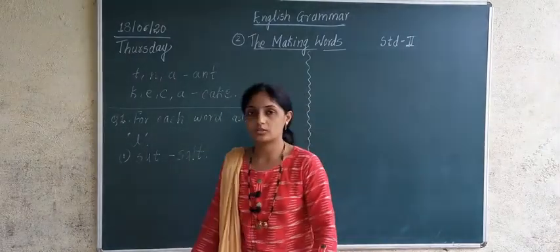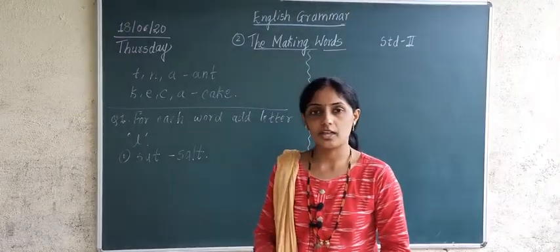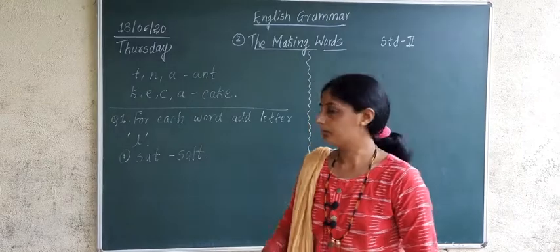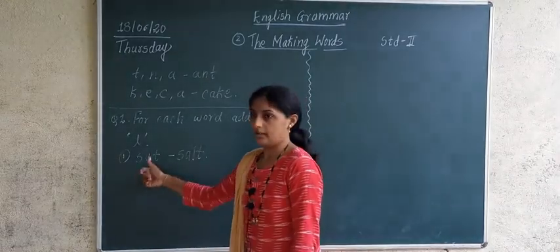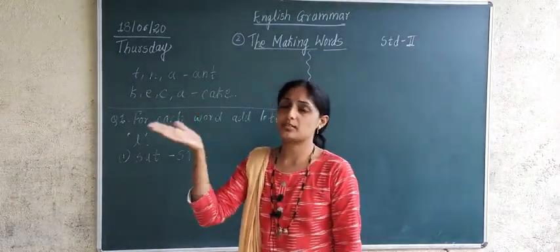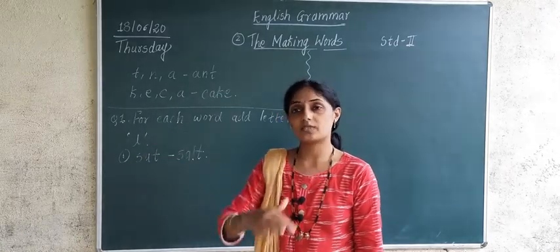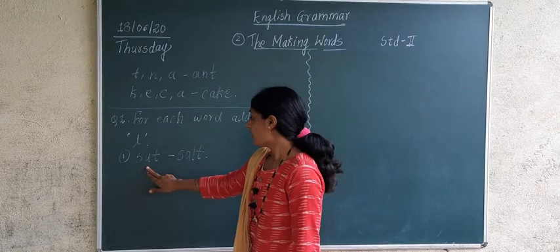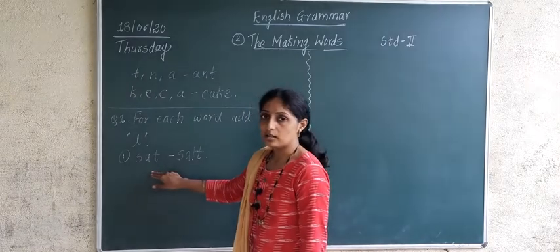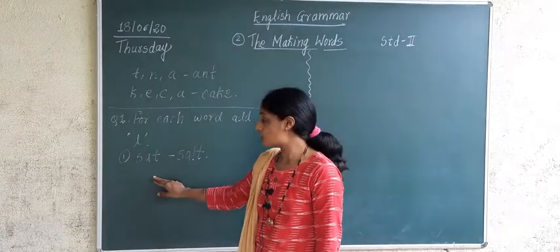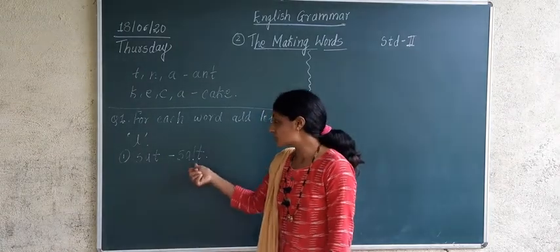Sat means what? I sat on the chair. Basne, to sit on the chair, means sat. It is in past tense. What is the past tense of sit? The past tense of sit is sat. So, if I add the letter L to this word, what will that word change to? Sat will change to salt.